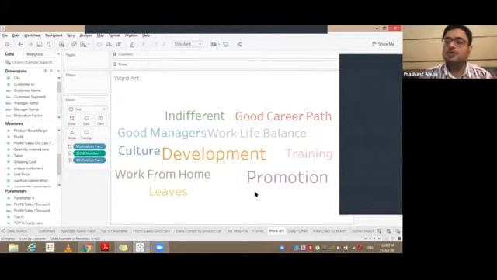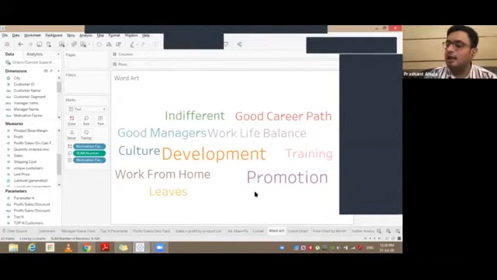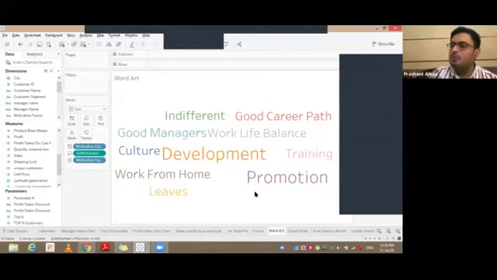So that gives you an impression that none of your workers are aligned. Even if it is Tableau, even if it is text analytics, even if it is any other thing, that would not give you an answer because the data on the backend is not aligned. So I think it is probably not a question of what platform we are using to analyze. It is a question of whether the data is correct or not.